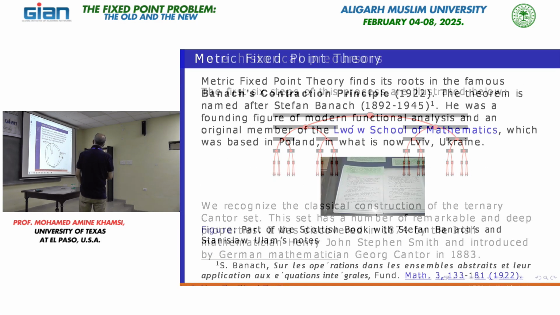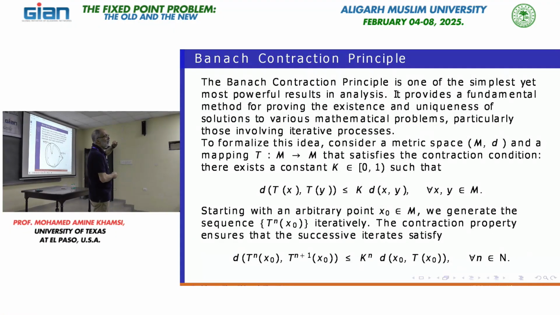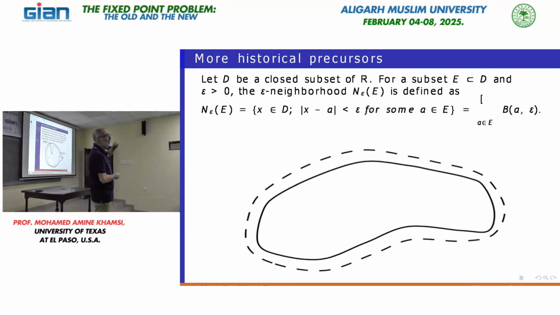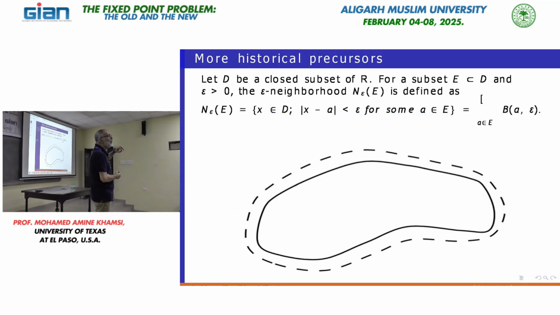This Hausdorff distance is also called Pompeiu. These are the Romanians. They insist to say that it was known to Pompeiu as well. Okay, so this is based on what's known as the epsilon neighborhood of a set, and you take the supremum of all this. But anyway, it's complicated. It's not what I was showing you. That's the common sense, but it's not. You see the definition? Max of the sup of the two to make it symmetric.